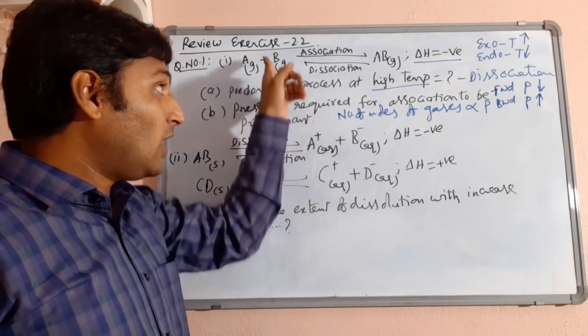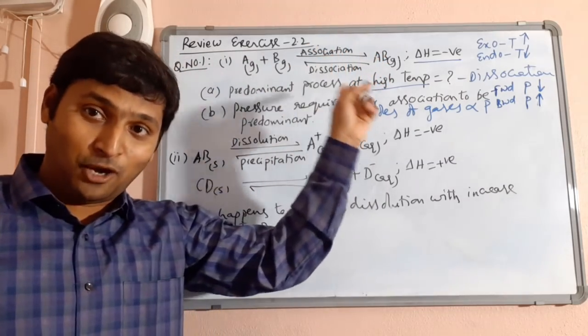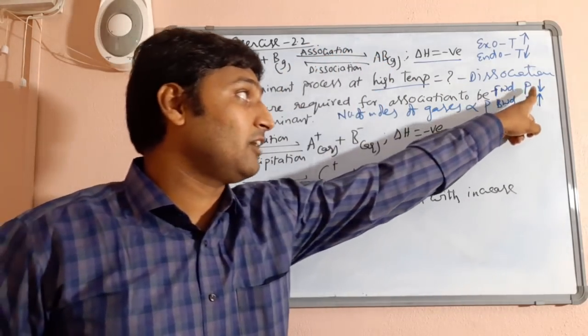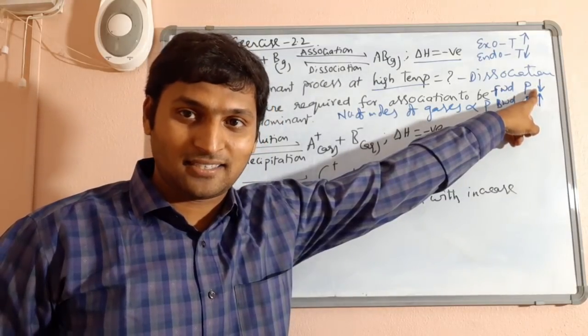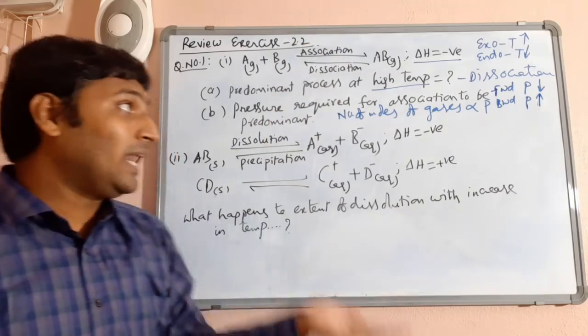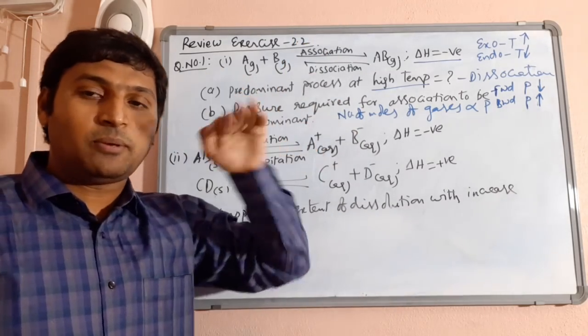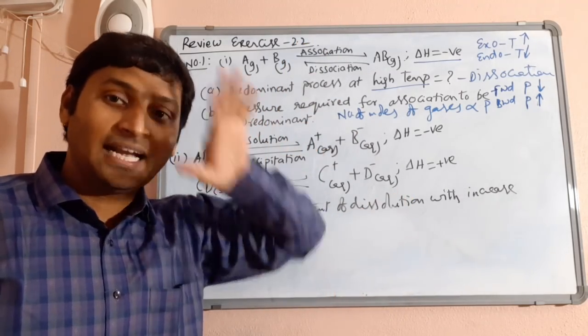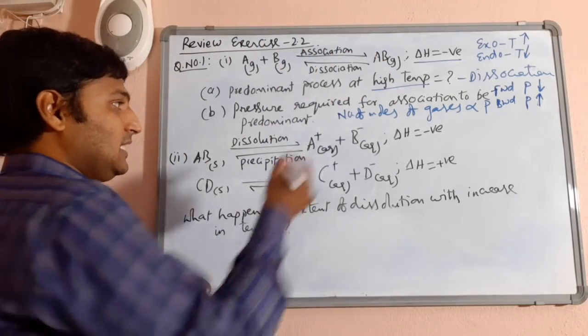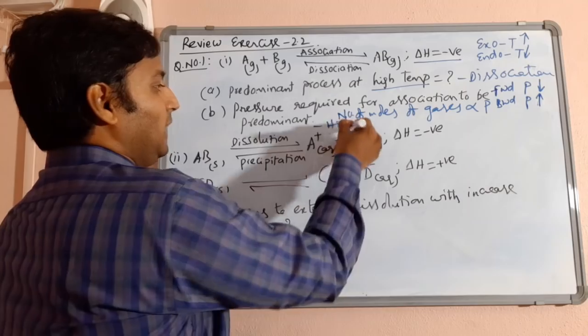Forward pressure is decreasing, backward pressure is increasing. Now he wants the forward process to be predominant. Means he wants the equilibrium to shift in a direction where pressure should decrease. Means from outside I should increase pressure. When I increase pressure from outside, equilibrium will shift in a direction where the pressure will decrease. Where is it decreasing? Forward. So if you want the forward process, you need to maintain high pressure.